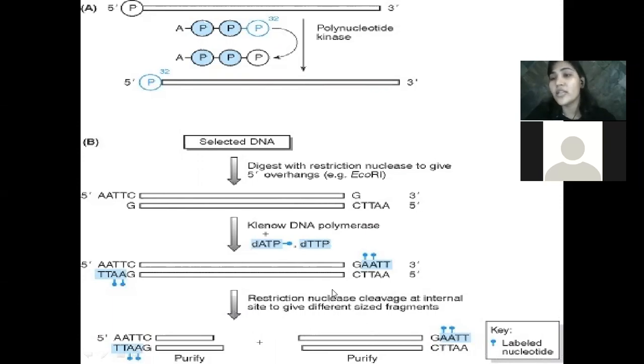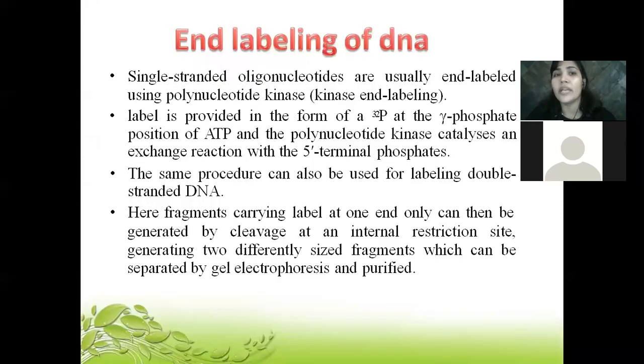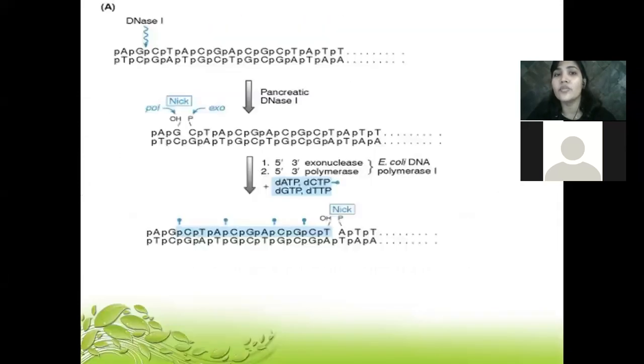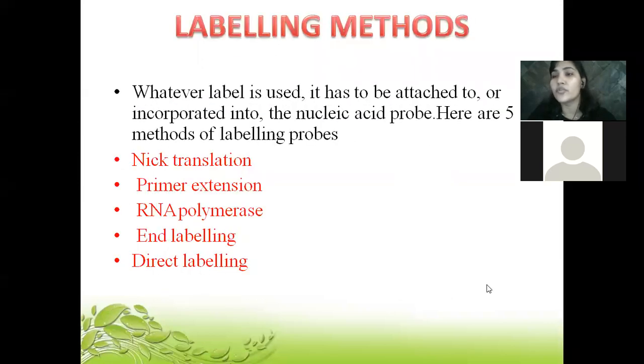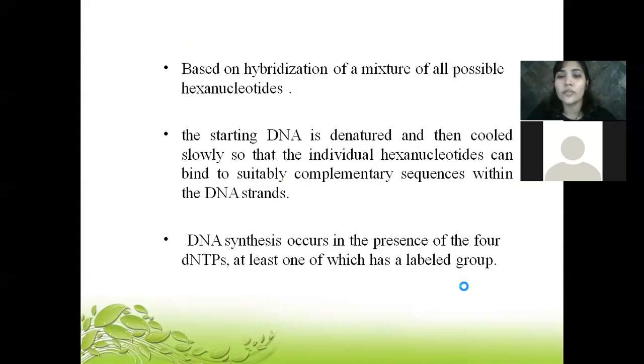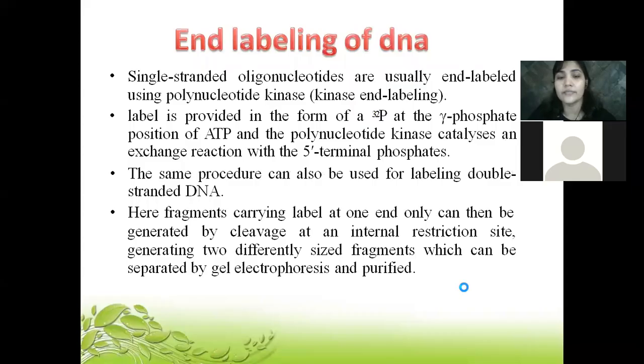Depending on which restriction enzyme you choose, you will get a different amount of cut in the DNA, and accordingly we can get the labeled and unlabeled DNA. Okay. So this is just one type of labeling method which is used for getting the probes. Okay, so that is there.